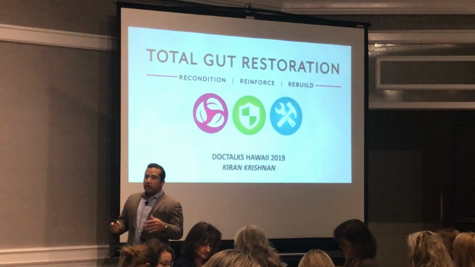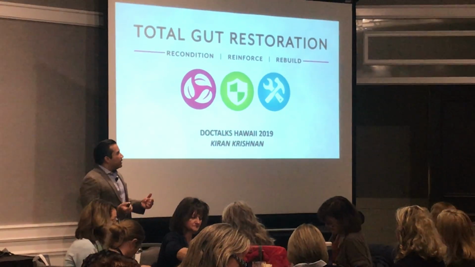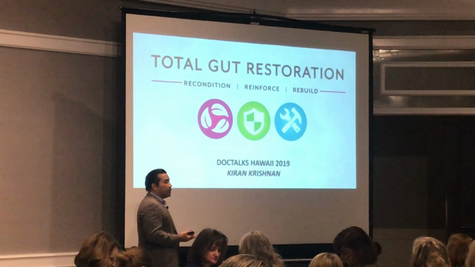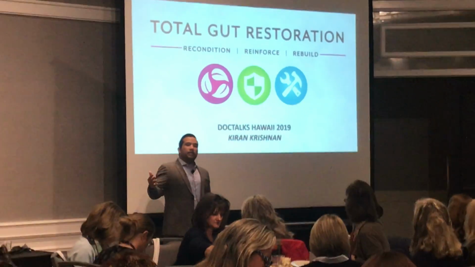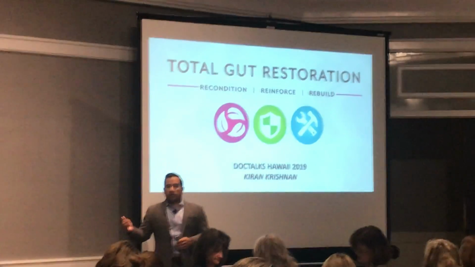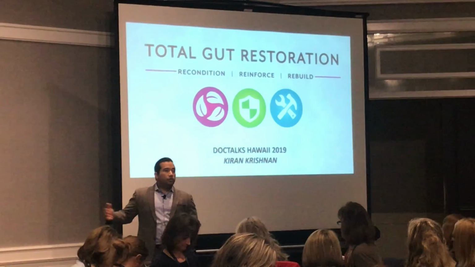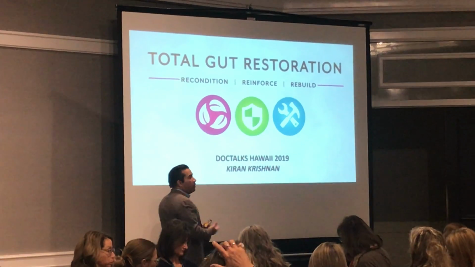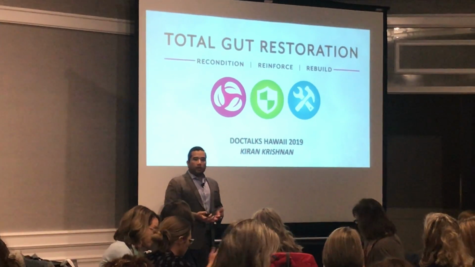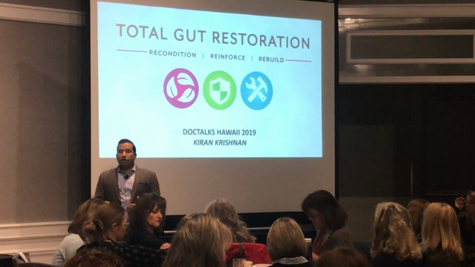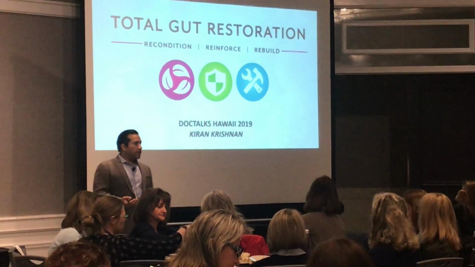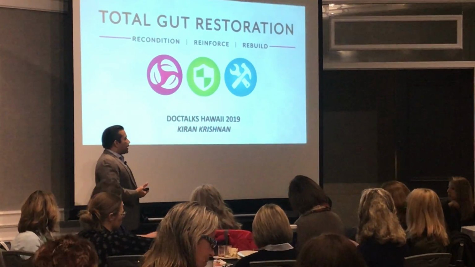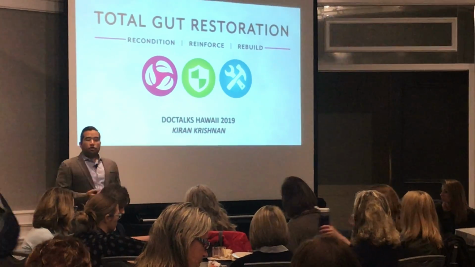So imagine your morning, you get your first client comes in, and your first client is someone with Hashimoto's. And then the next one is somebody with severe anxiety and depression. And then the third one is somebody who's dealing with weight issues, with diabetes. Now you know based on your training that all of them have a gut component to their condition, right? But how do you know what is wrong with each of those individuals' guts? And if you can't figure out exactly what's wrong with those individuals' guts, then how do you treat it?